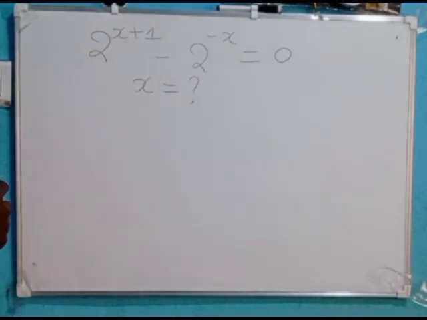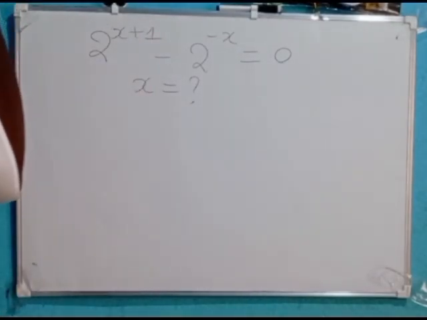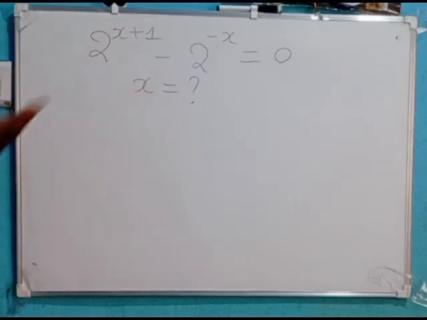2 raised to the power x plus 1 minus 2 raised to the power negative x is equal to 0. We are to find x. For us to answer this question, we are going to make good use of the following properties of numbers in